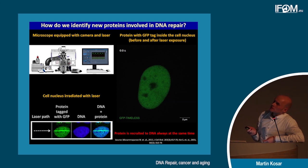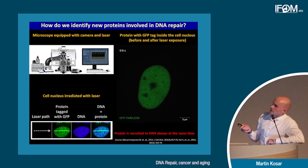So here we have a microscope which is equipped with a camera and with a laser. Everything is connected to a computer. And then what we can do is take a cell, and with the laser we can basically make damage inside the cell. Here will be the part of the cell which was irradiated with the laser, and here we have the nucleus, so DNA is stained in blue. And then here we have a video, and this is again the nucleus, and in green is a protein which we want to study. So this protein is in the nucleus and is everywhere, since this one protein is present in millions of